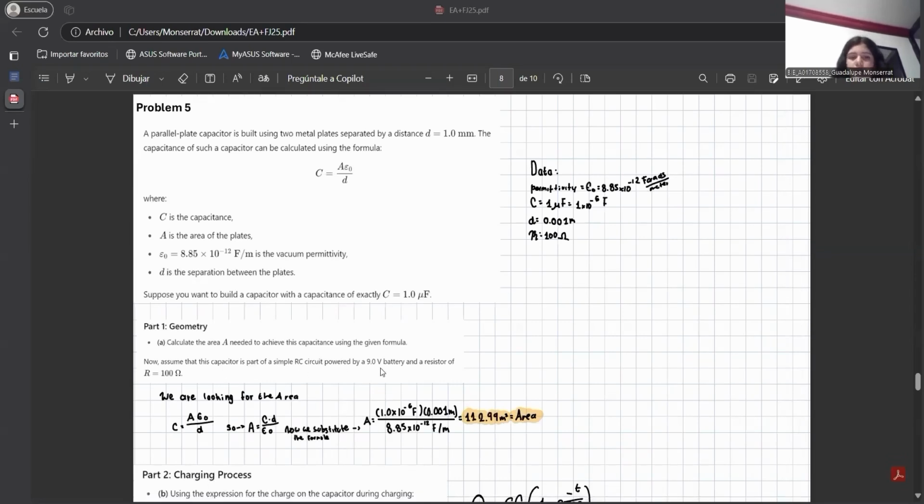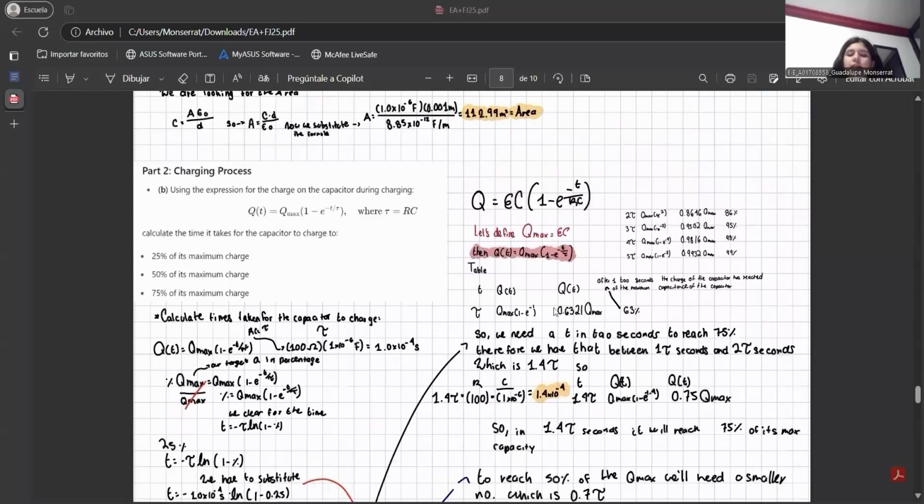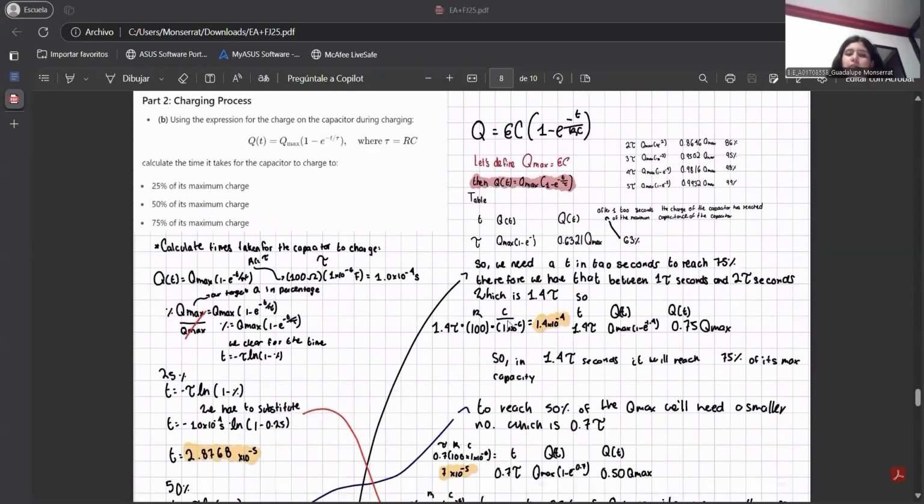Problem number 5. First of all, we have to calculate the area needed to achieve this capacitance using the given formula. We solve for A, and we get an area of 112.99 meters squared. Now for the charging process, I had these two reasonings. The first one is that the time in tau seconds to reach 75% is between 1 tau and 2 tau seconds, and we got